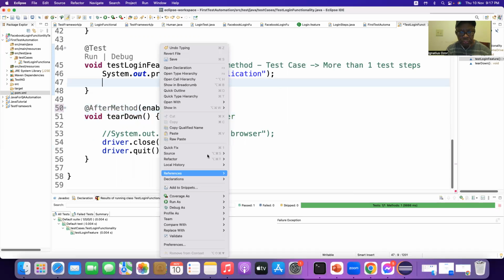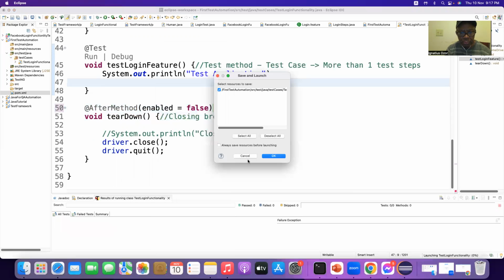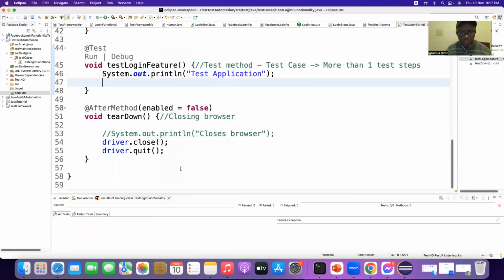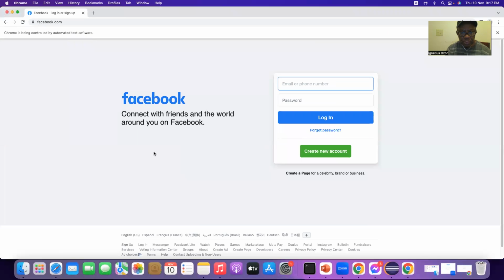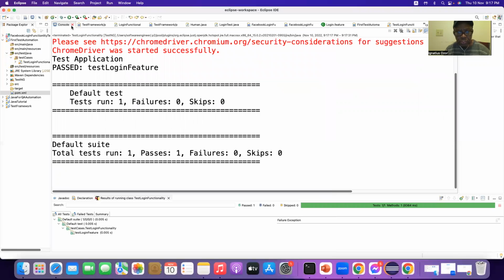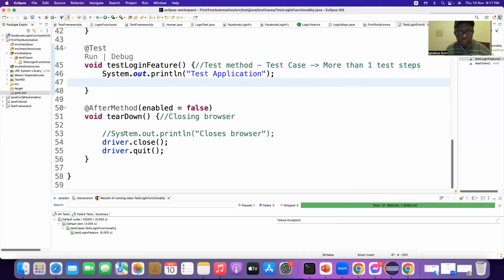Okay, now look, right button click on TestNG test, click on OK, invoking the browser, navigating to facebook.com, and Facebook didn't get closed because we skip the after method, tear down method. Okay, we say skip it, don't close it. All right, we did it because we want to